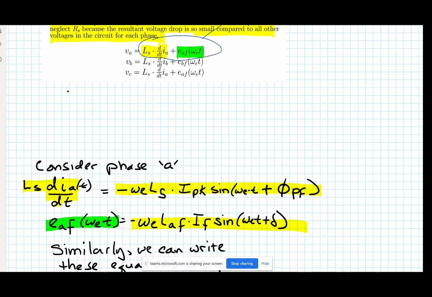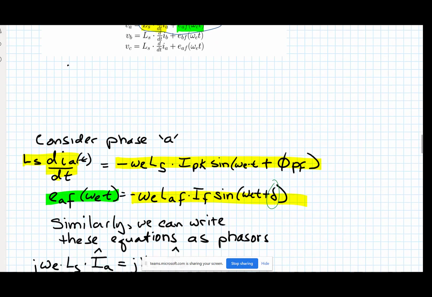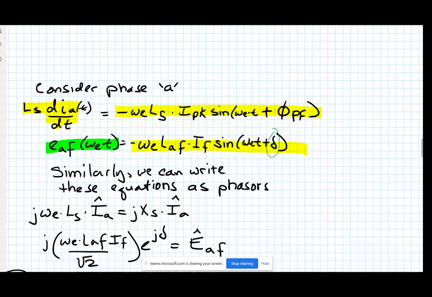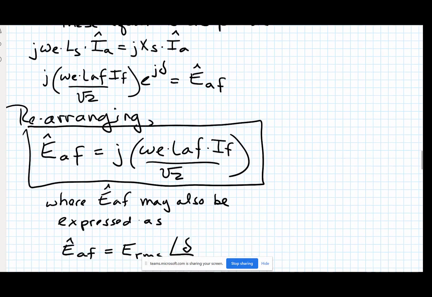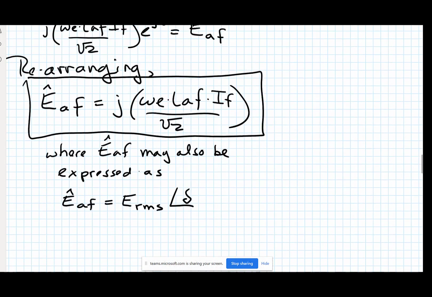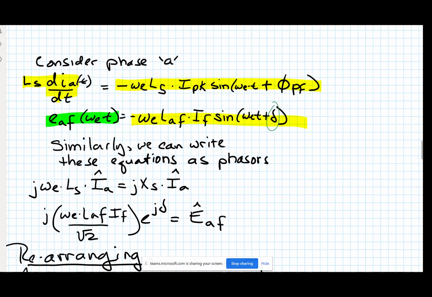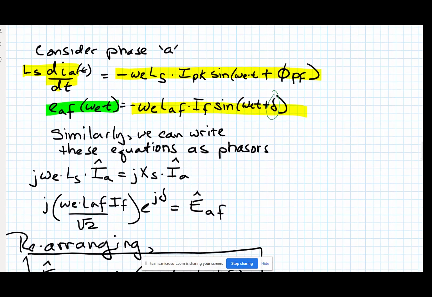And then I have, interestingly, an angle associated with the voltage, and I'm going to call that del. And not coincidentally, this is the same as the torque angle, or the power angle as it's called in a synchronous machine. We talked about this in the prior lecture, so go back and watch that. This is a bit of a review